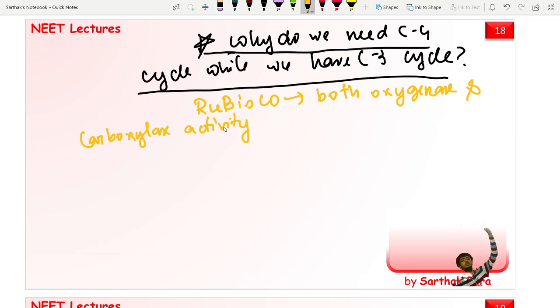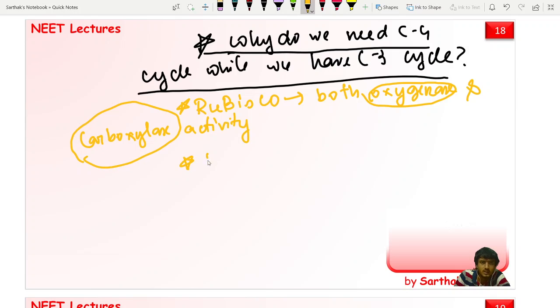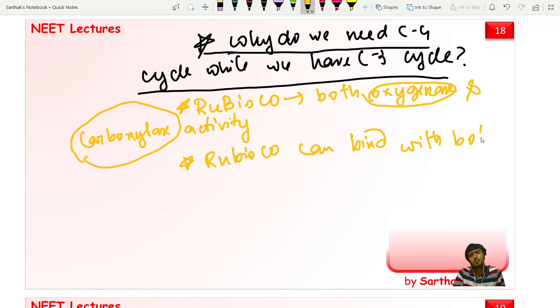This Rubisco enzyme has both oxygenase and carboxylase activity. That means Rubisco can bind with both O2 and CO2,